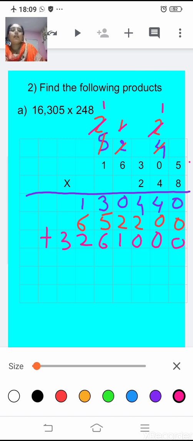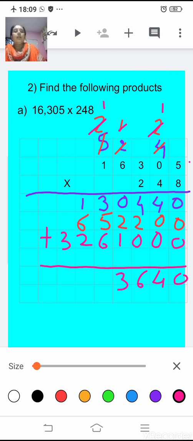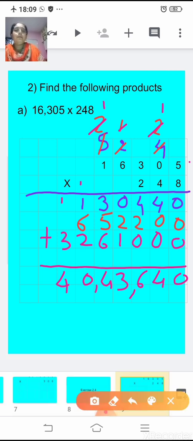So you will just add all the numbers. Okay, so your answer will be 0, 4, 6, 3. Here 5 plus 3 is 8. 8 plus 6 is 14. 6 plus 1, 7. 7 plus 1, 8. 8 plus 2 is 10. So place the commas. Yes, so this is your answer.